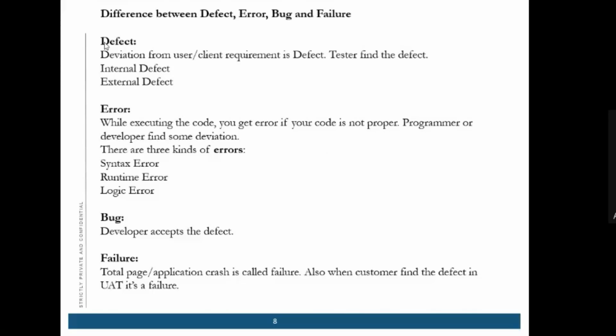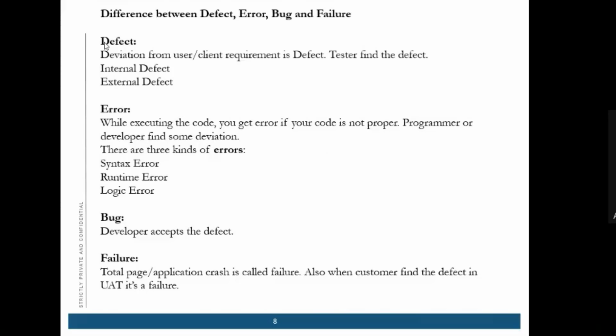Now comes the logical error. With this error you get an outcome, but the calculation is wrong, like 2 plus 2 giving 5. It gives you output, but the wrong output.